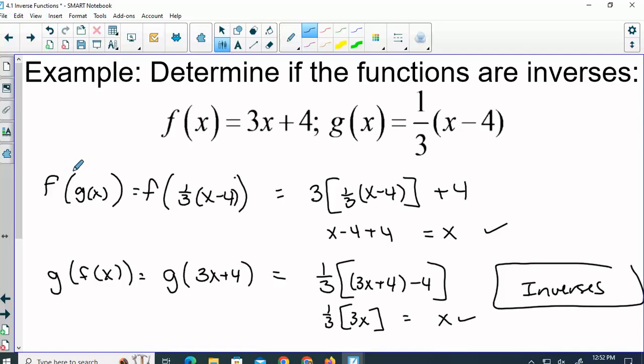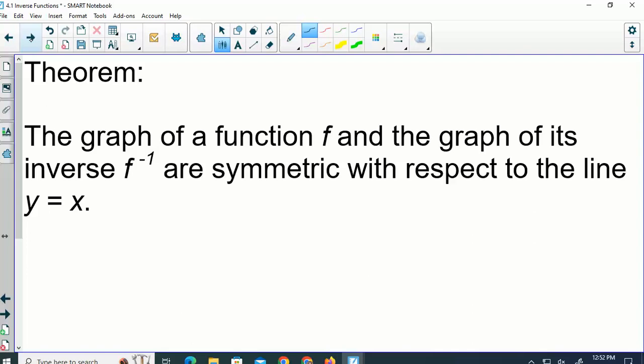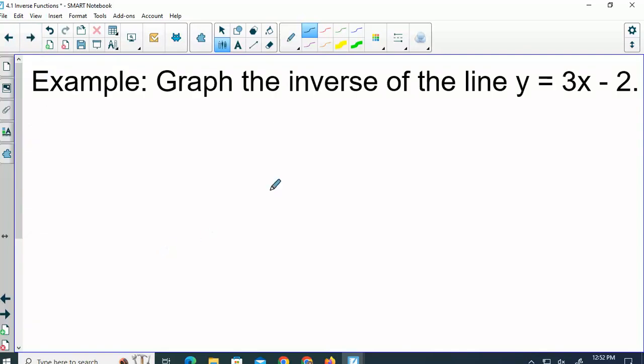Because when we find inverses, we are reversing x and y. If we look at the graph, they're always going to be symmetric across the line y equals x. So that's like the line of symmetry. For me, I don't even look at it so much as a line of symmetry. If I'm trying to graph, I just reverse ordered pairs. So different ways to think about it. They're symmetric over y equals x, but it might be easier just to graph one and use those ordered pairs